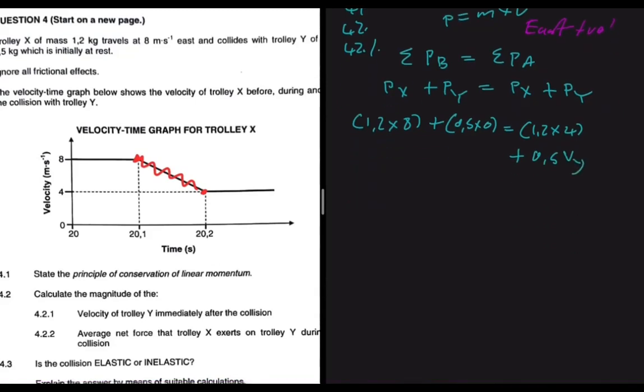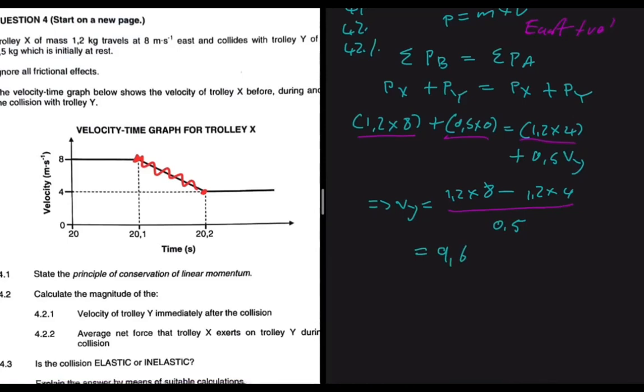So without wasting any time here, we're gonna say that the velocity of trolley y should be equal to 1.2 multiplied by 8, and then this, because we're multiplying by 0, is gonna fall apart, right? And then minus 1.2 multiplied by 4, and then everything divided by the coefficient of Vy, which is 0.5. So if we put that in our calculators, we shall get Vy is equal to